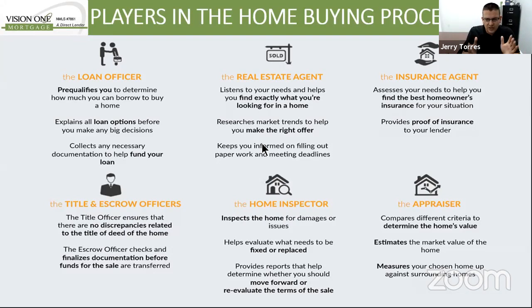That agent is going to listen to your needs, sit down with you, show you the inventory in a computer, and you're going to be choosing between 3 to 5 houses to go out and see. Okay. Now, once that agent has successfully gotten an offer accepted, we're going to be opening escrow and title. What is escrow? Escrow is a third neutral party company that is going to ensure that the owner is actually the owner on the property, and escrow is going to receive the title from the owner. If you need financing when buying the property, escrow is going to receive the funding, and when everything is right,